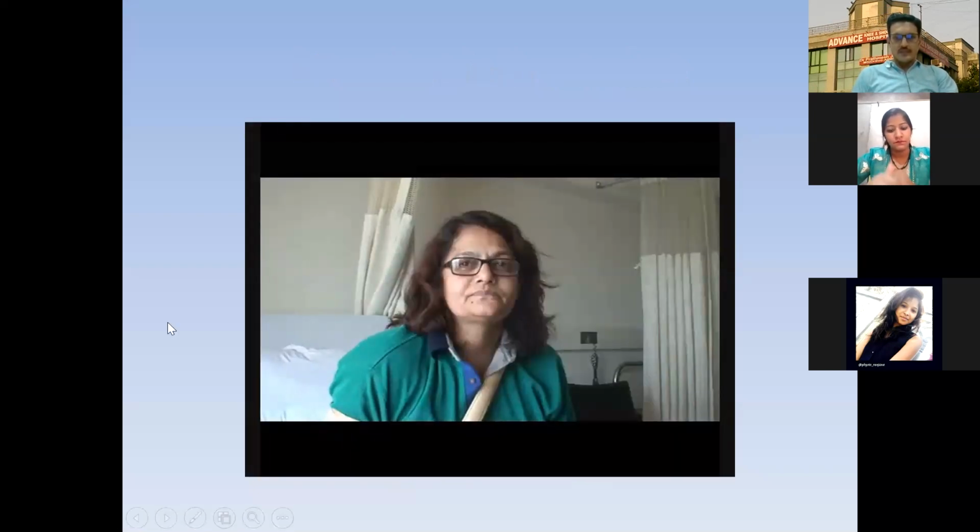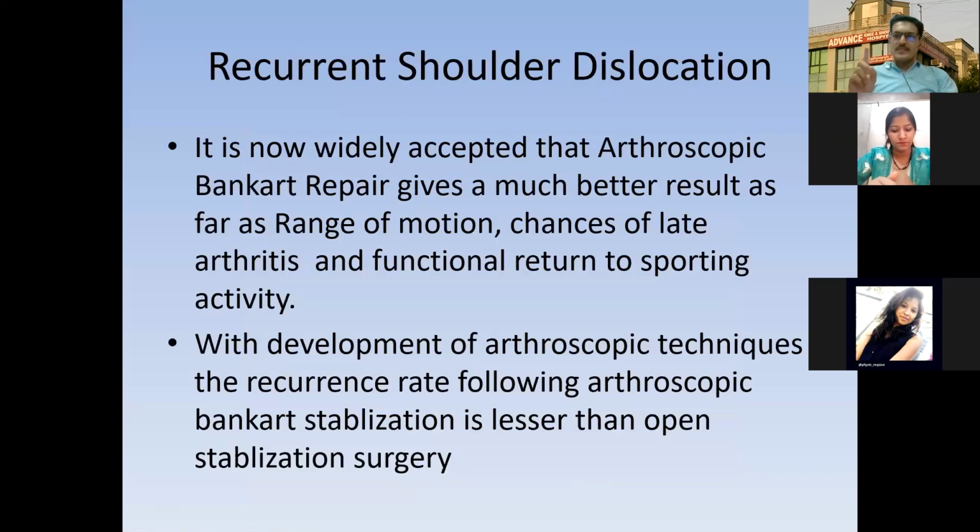Okay. Now the other problem you must know is recurrent dislocation of the shoulder. So this is a very common problem, specifically in athletes, sportspersons. And here the shoulder dislocates from its own position. So the shoulder comes out. And this problem you must be seeing very commonly in your age group or sportspersons or active persons. And this can also be addressed very nicely with an arthroscopic surgery.